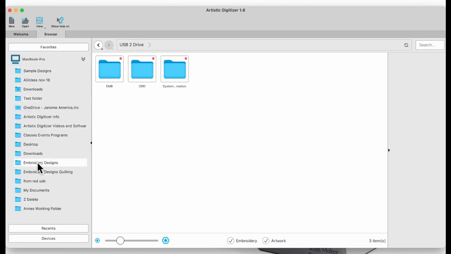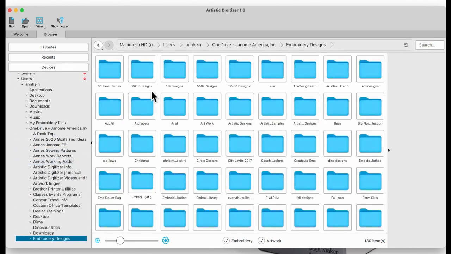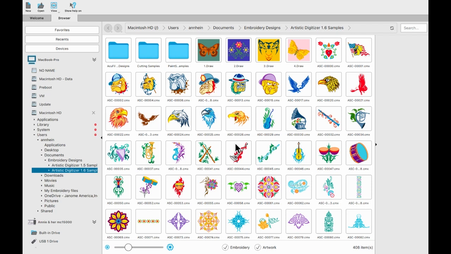Now, they don't move in your computer. They're just where you left them. This is just a quick link, a shortcut to them. And when you open these up, let's open up my embroidery design folder. Here's my folders, and when I open a folder, you can see pictures of your designs,